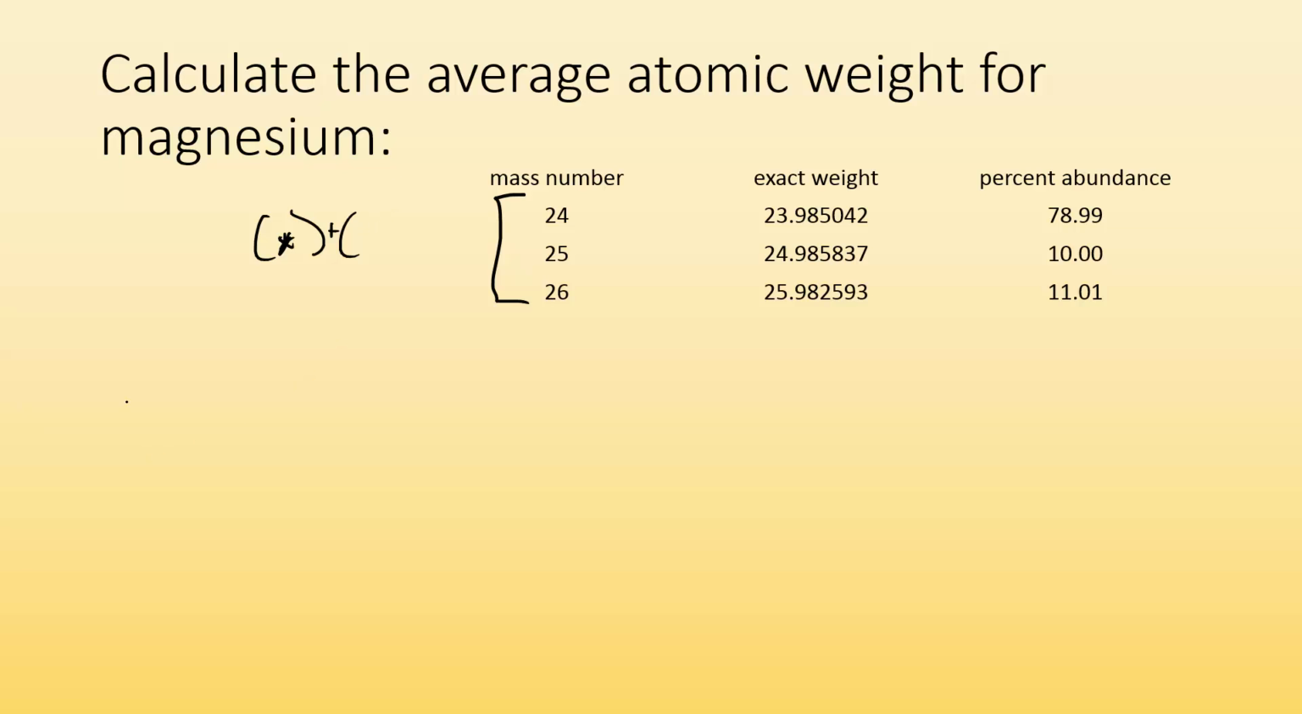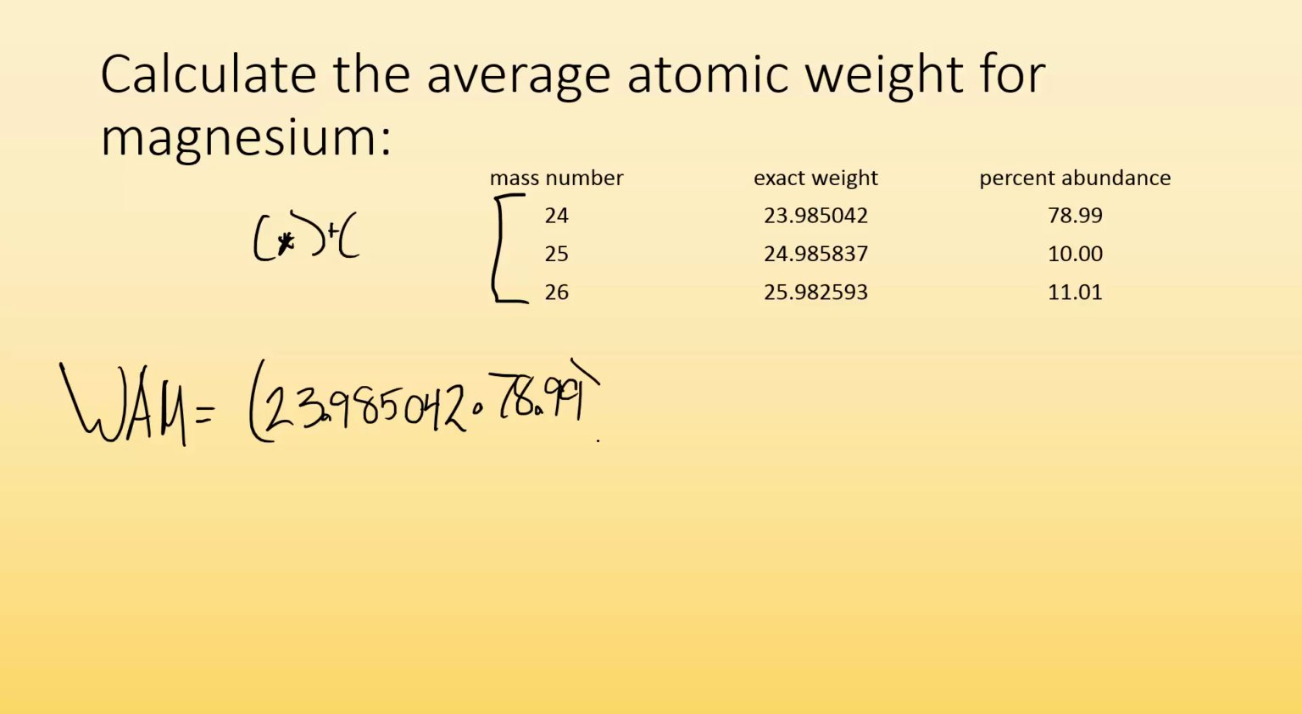So that's all it is. Look, I'll show you what I mean. So the weighted average atomic mass is going to equal the mass of the first one, so 23.985 0.5042 times the percent abundance, 78.99, bracket that, plus second isotope, 24.985837 times the percent abundance of that one, which is 10,